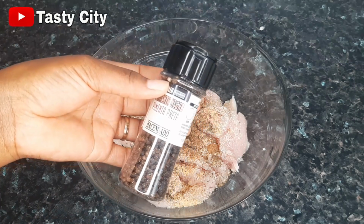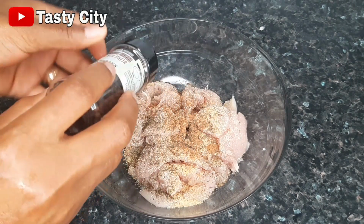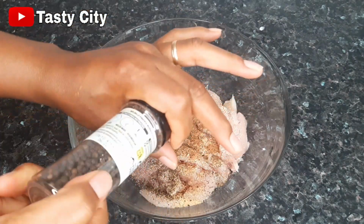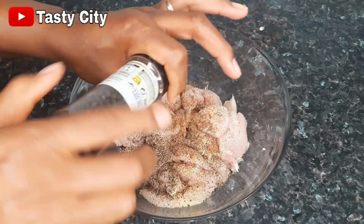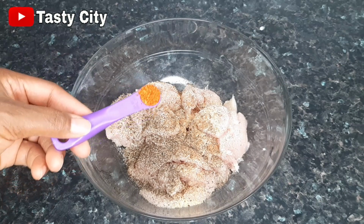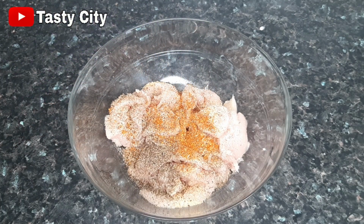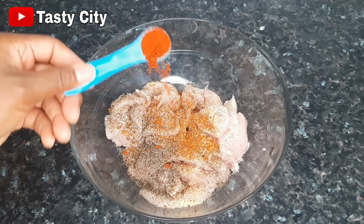So next I'll be cracking in some black peppercorns, and you can also use the already blended ones if that's what you have. Next I'm adding 1/4 teaspoon of dried blended cayenne pepper, a teaspoon of smoked paprika powder,